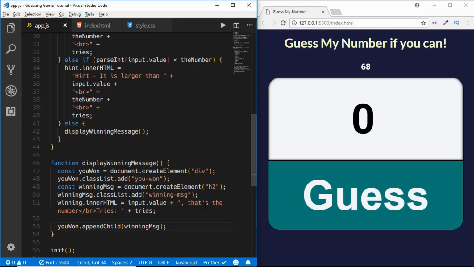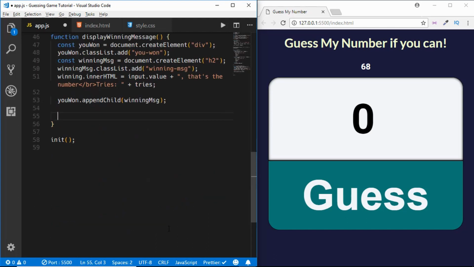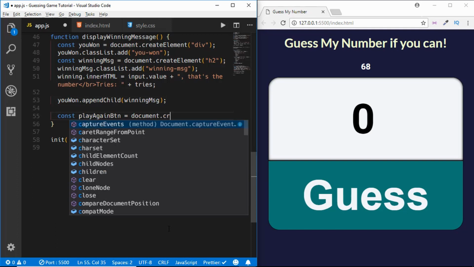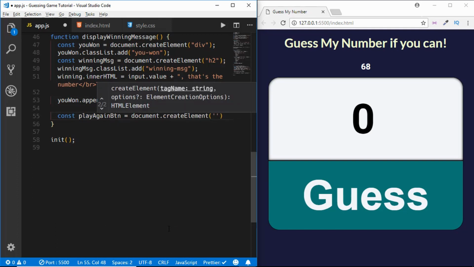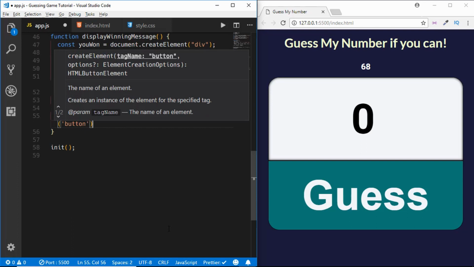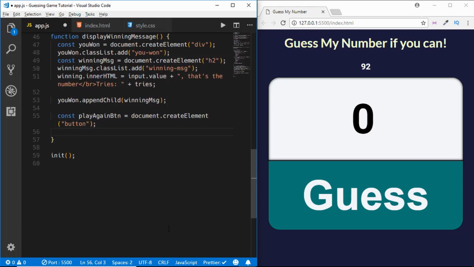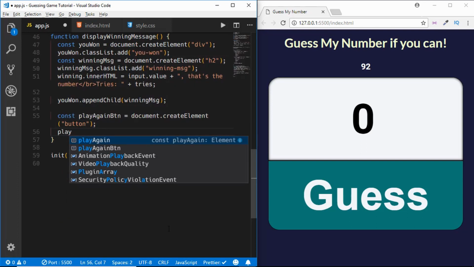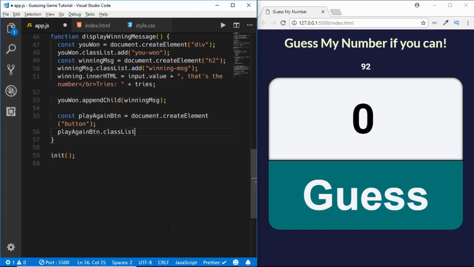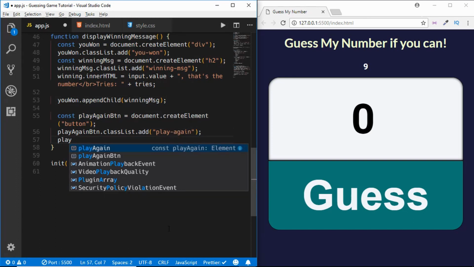So with this line of code we are making this h2 a child of this division. So now we are going to create the play again button. So const playAgainButton, and we will say document.createElement, and it will be a button, and we will add a class called play again. So playAgainButton.classList.add and say play again, and we will also add the text play again